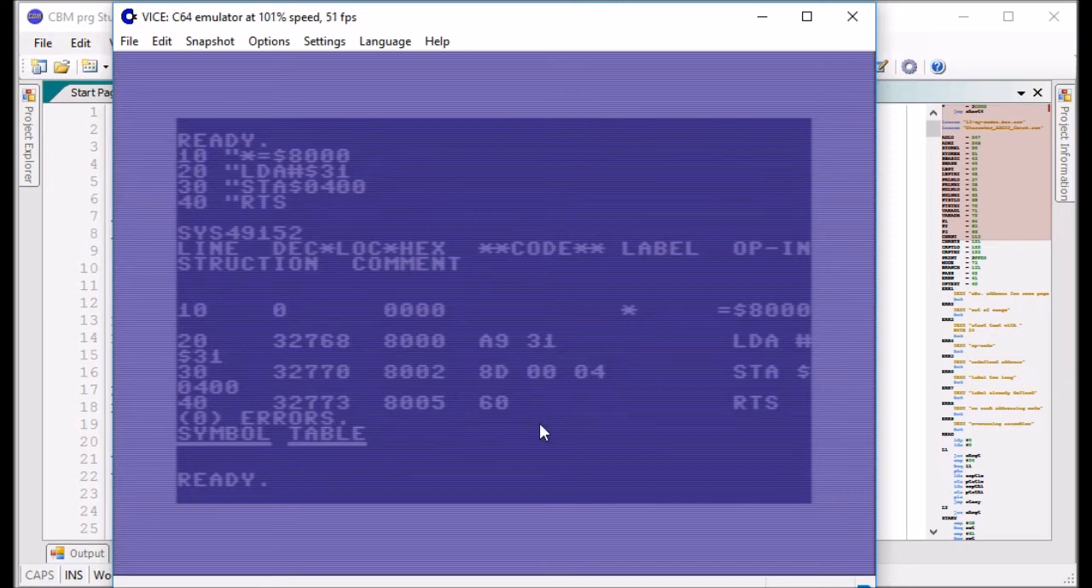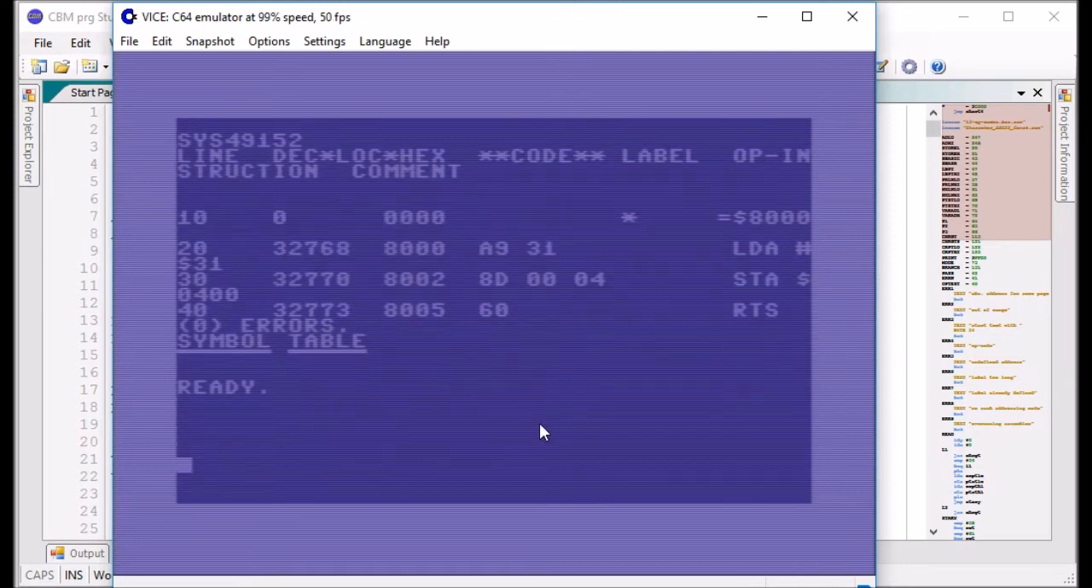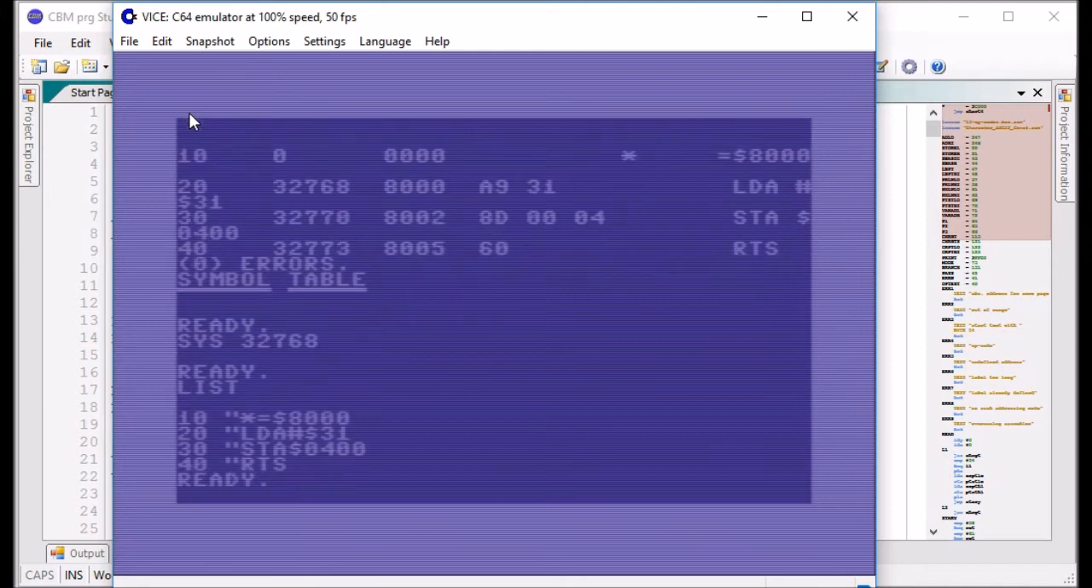So if we do, and we'll move down a bit because it'll think. SYS 32768. There you go. It's put the number 1 up here. And the beauty of this is we can change it like a normal program. So maybe, let's say I want to